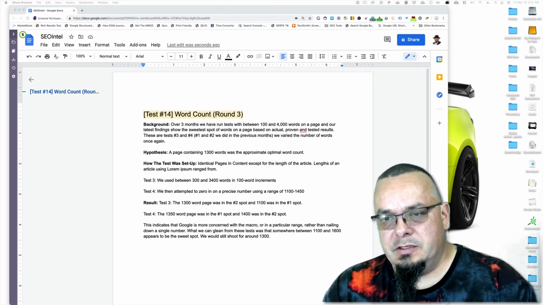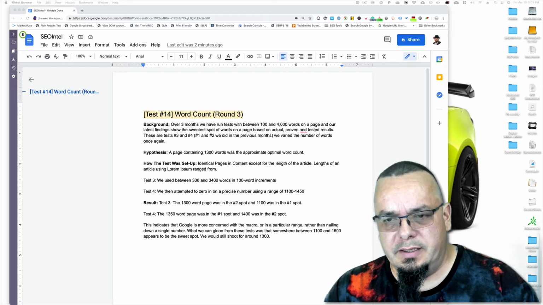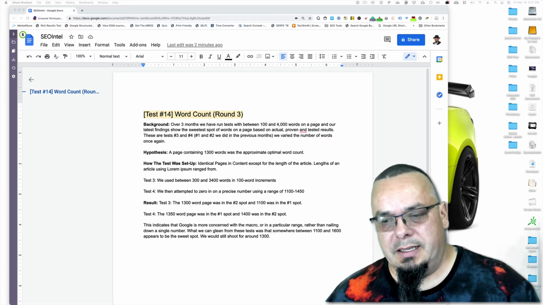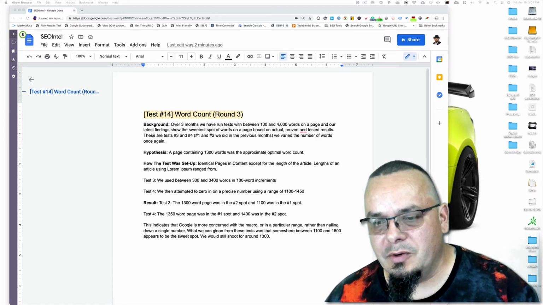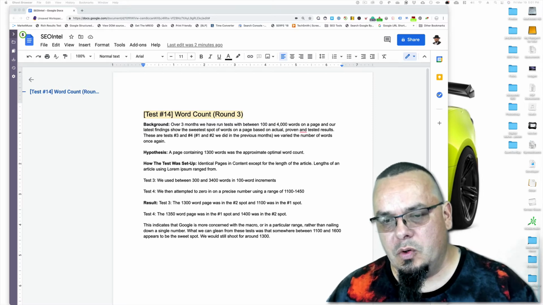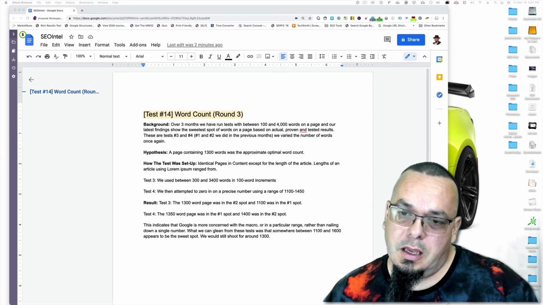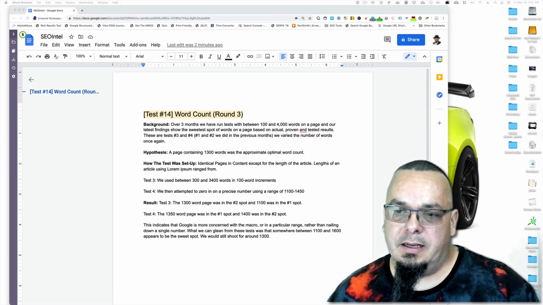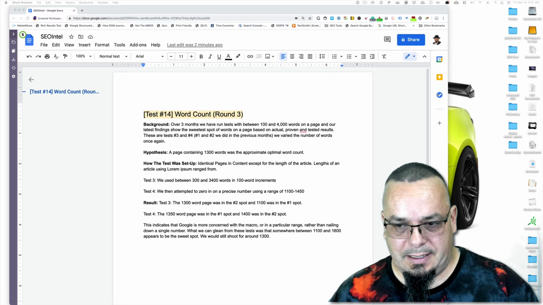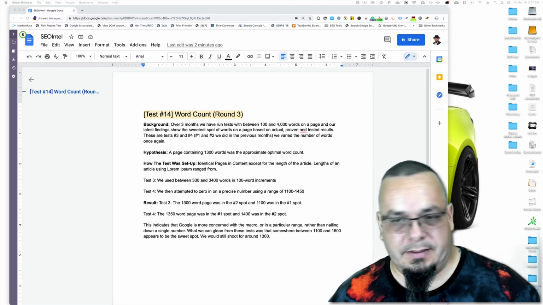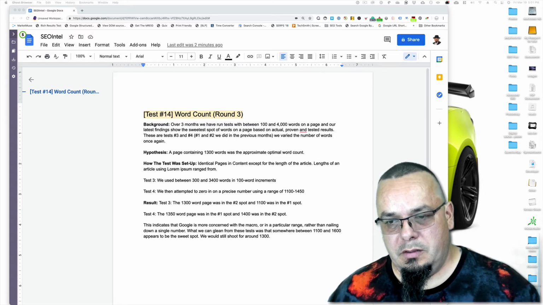Now, if you remember when I talked to you in test 2, or round 2, and I think I also addressed in round 1, is that I use 1,300 words as that's my sweet spot for when I'm ordering, and this helps us narrow it down and verify that we're in the general right direction for the average. And what that means is, all things being equal, everything else is optimized the exact same way on each one of the pages. You and the competition are exactly the same, optimized exactly the same, and you have the exact same backlinks. The winner would be the one in the word count.